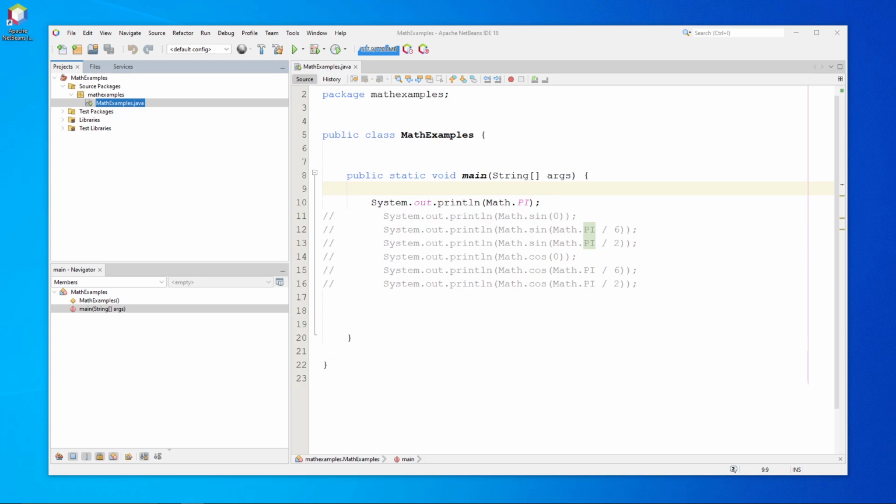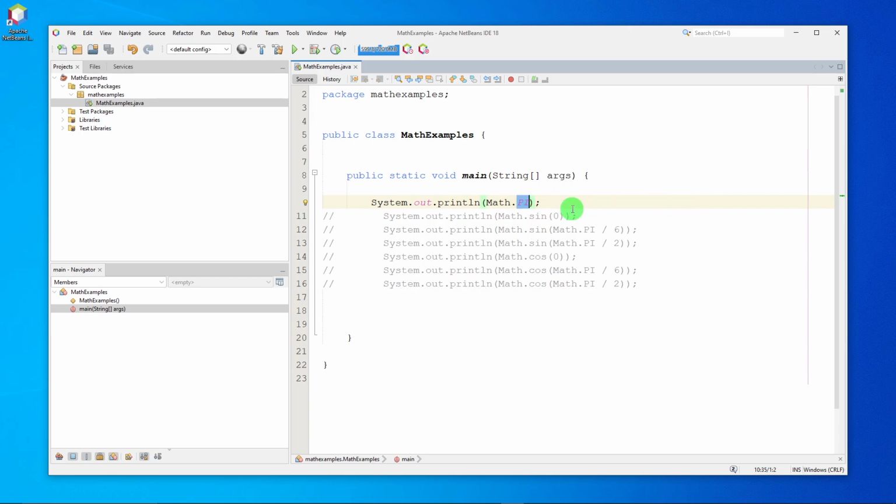In this video, we're going to look at some of the trigonometric functions built into the math class. We're going to start out by just looking at Math.PI. So we're using the name of the class because remember we said these are static fields and static methods. So rather than making a variable name, we actually use the name of the class. So we want to access the Math class and we want to get this PI, this constant, which is why